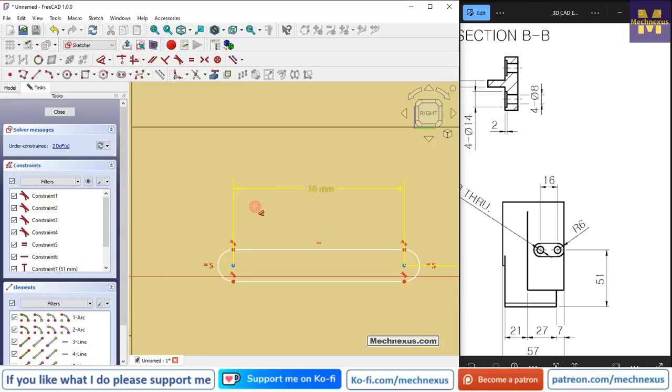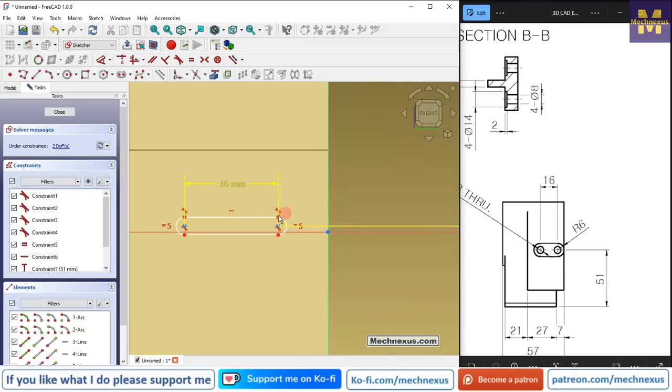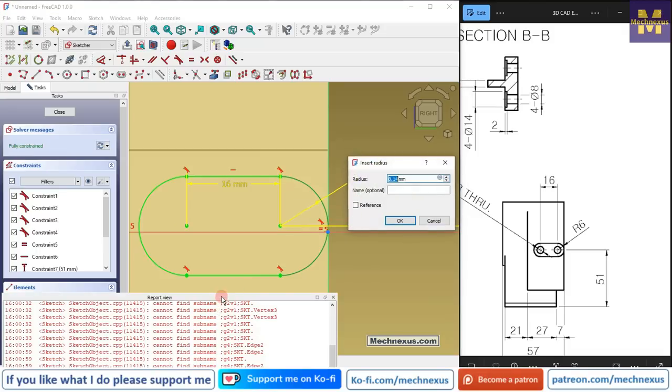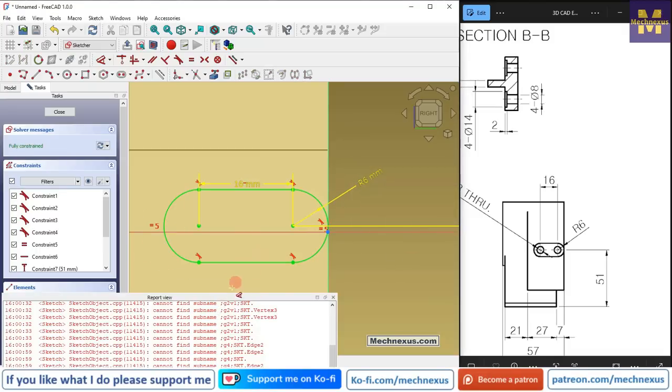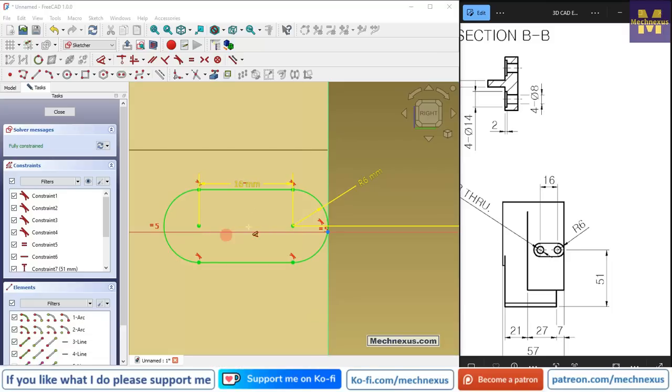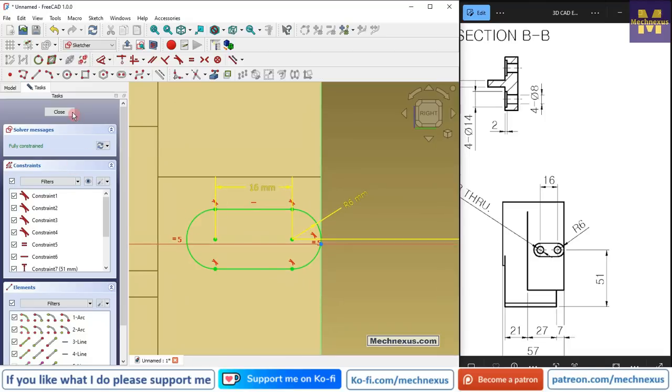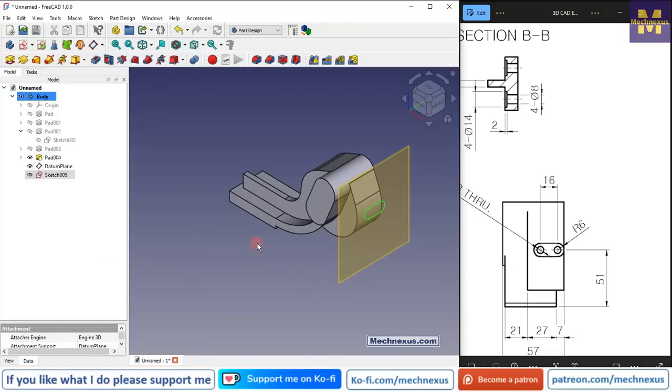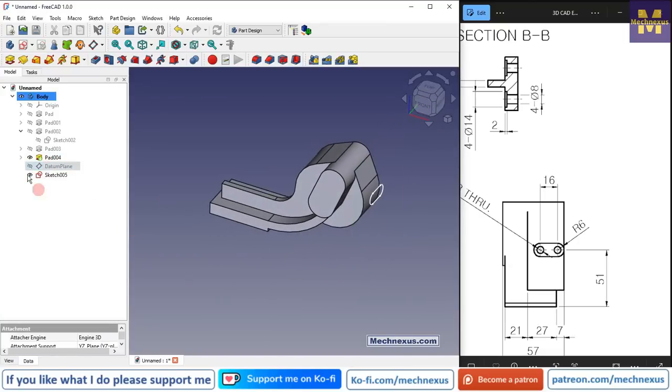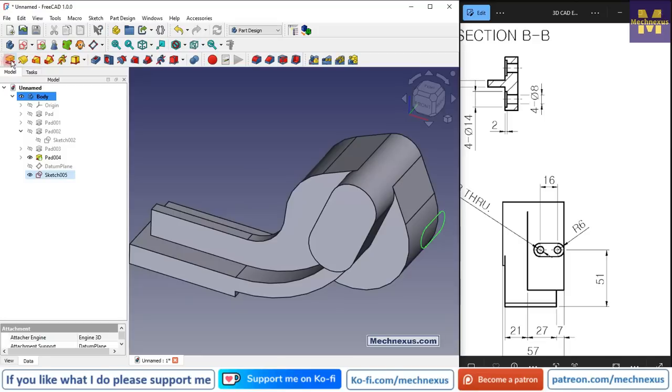And now if we see here, this is tangent to the edge, so this axis is here, so we will provide the tangency, and this radius is R6, so we will select it and let's hide this report view. Sometimes this report view is very annoying, so you can drag it to the bottom. Now close it. Now here we will hide the datum plane, select the sketch and click on the pad,